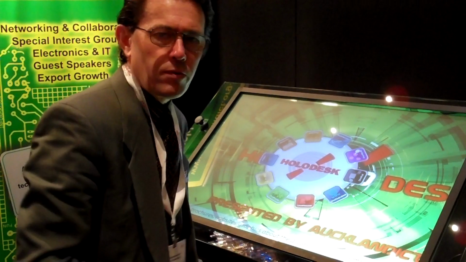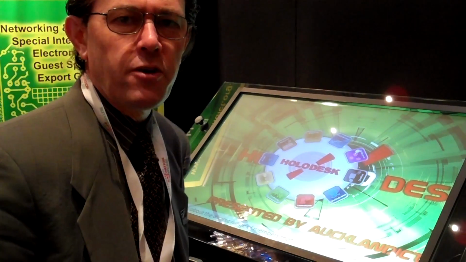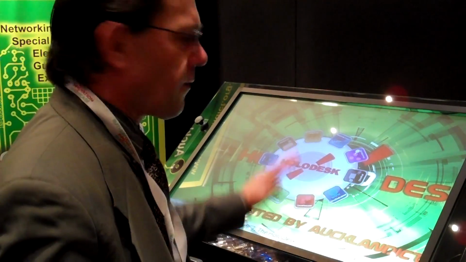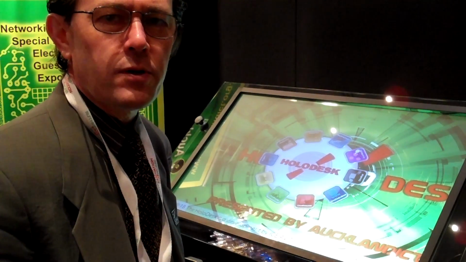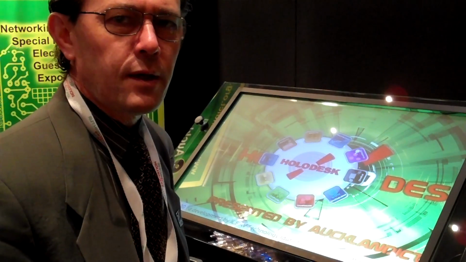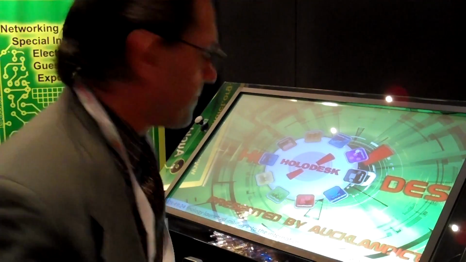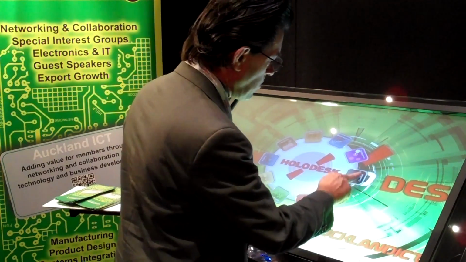And here what we're going to show you is the new Holo-Desk with our multi-touch content management system, allowing users to interact with the whole wide variety of content here: PDFs, videos, graphics and websites. And we're just going to give you a little sampling of how you can use this software to enhance your presence. So first we'll go to the video wall,